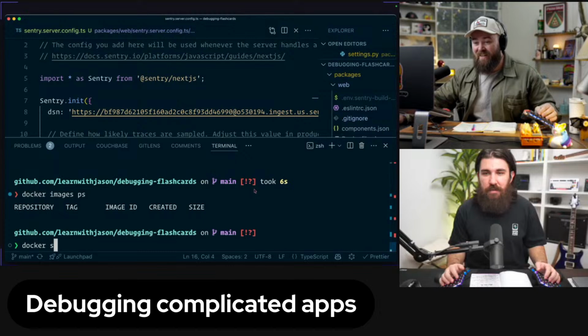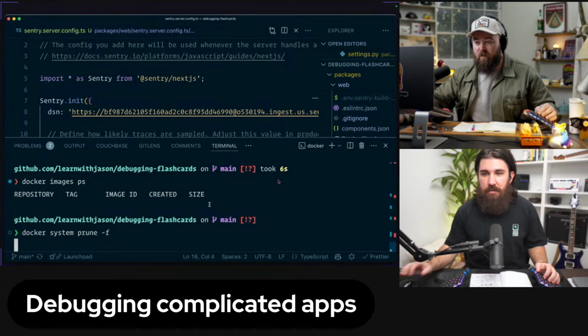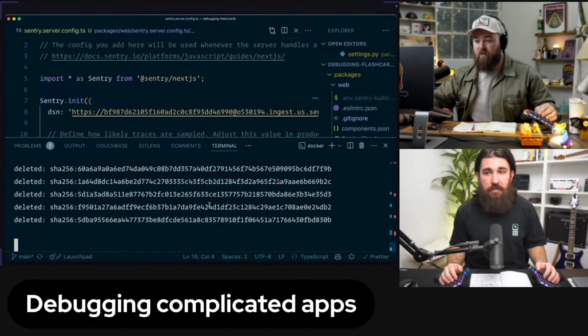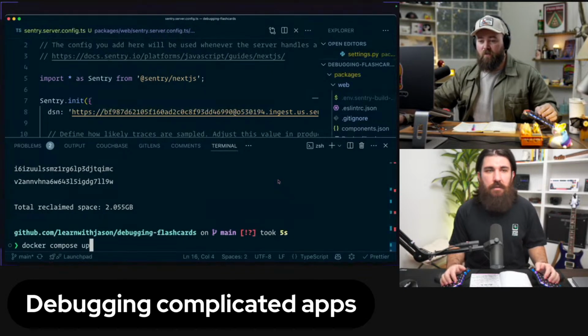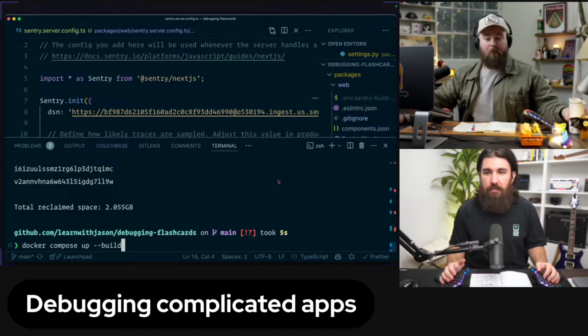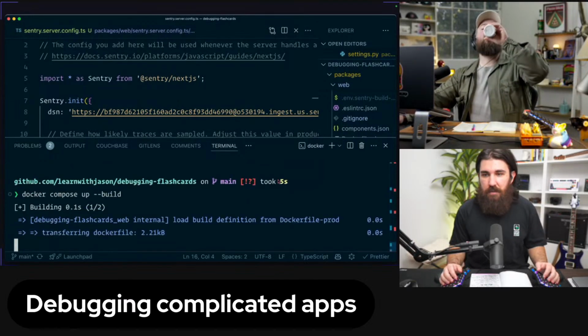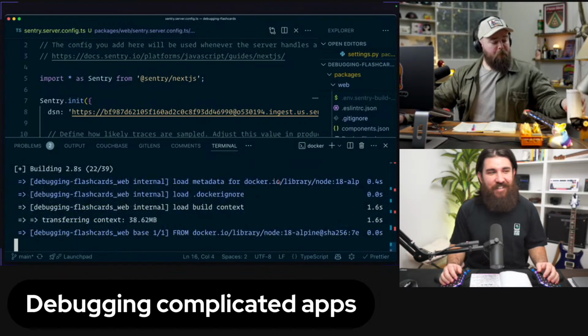Can I do this? Sure. All right. It's gonna save up a lot of space. It's basically deleting images, etc. Oh yeah, two gigs of space that I was not using. Yeah, and now we're gonna claim that back. All right. That's helpful.